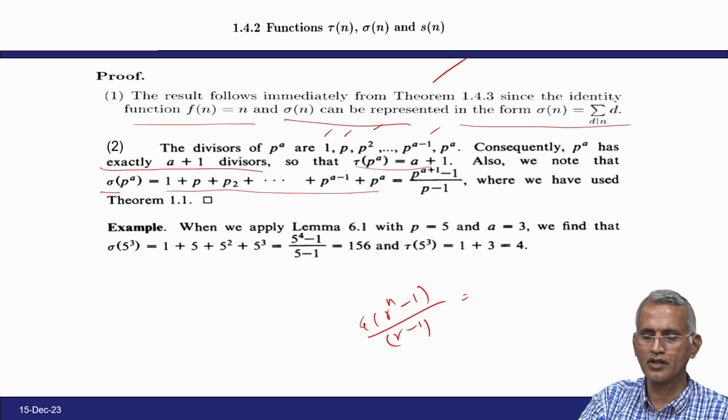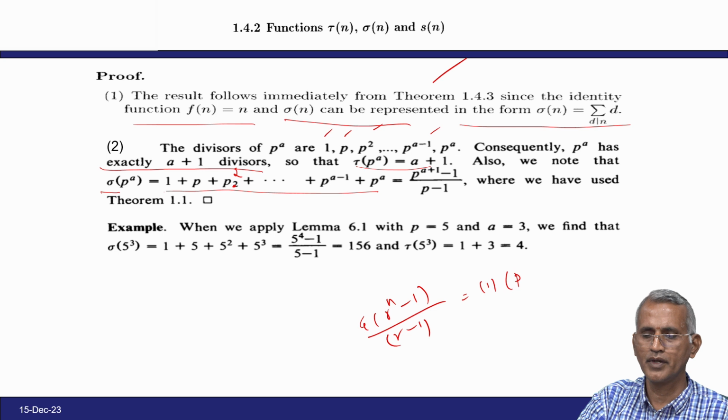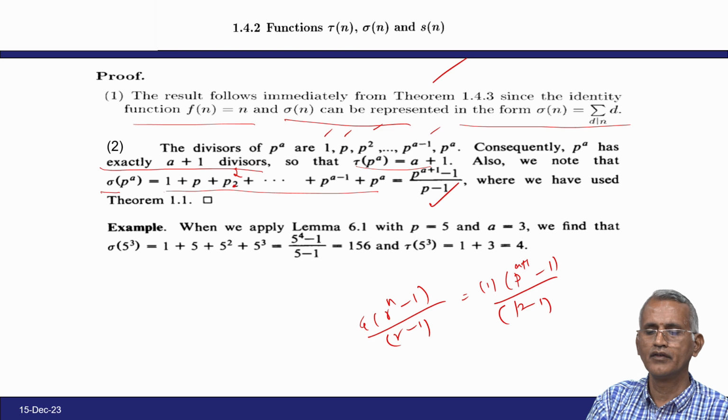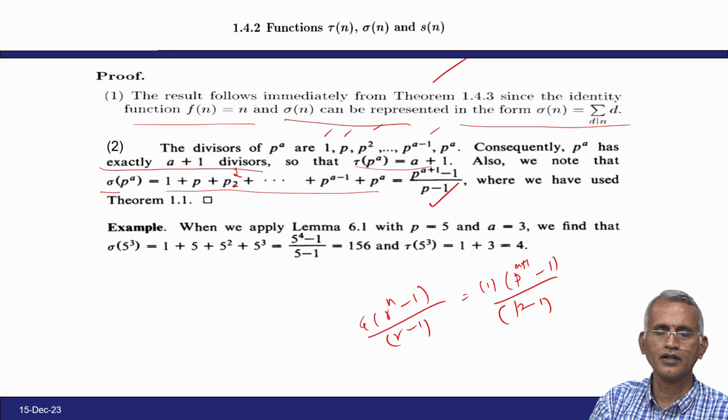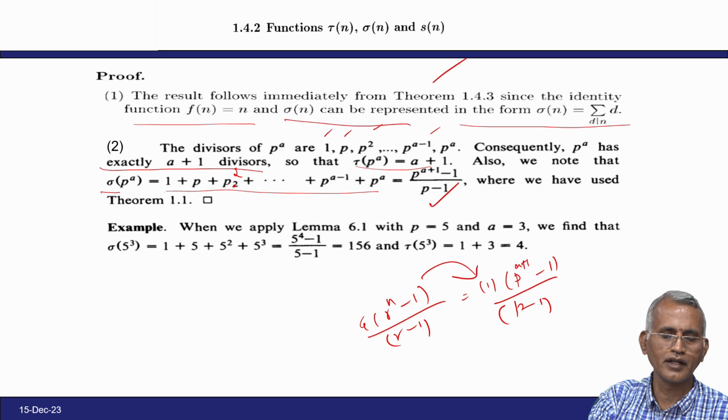Here there are totally a plus 1 terms, therefore the first term is 1, r is p, the terms are 1, p, p squared, up to p power a, so the sum is (p power a plus 1 minus 1)/(p minus 1). Hence we can easily prove it by the method of geometric progression, and it follows from mathematical induction of the general term. So, we use theorem 1.1 to get the proof of the second. For example,